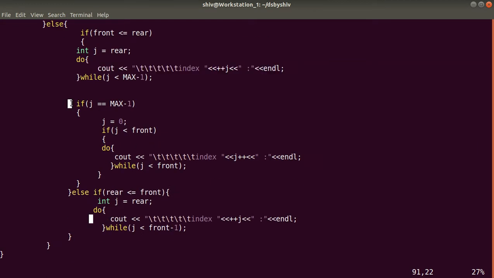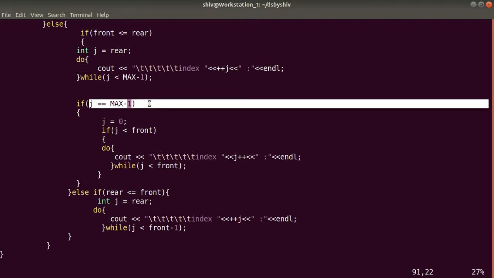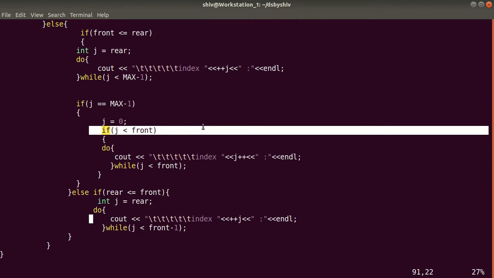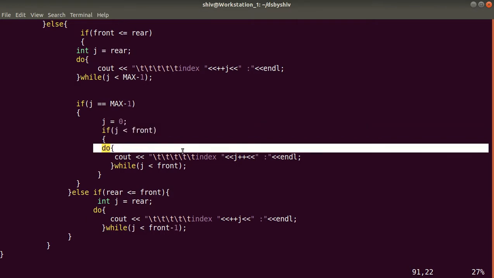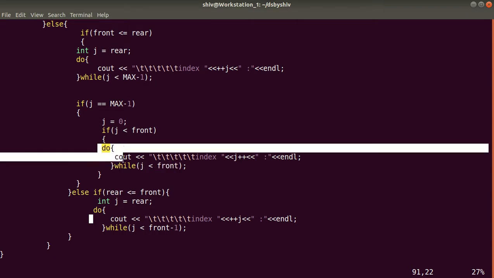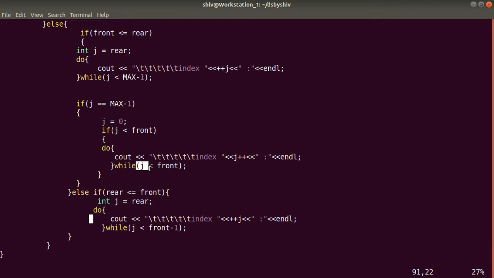Same here, if j is max minus 1, we will take j equal to 0, j less than front, again we will take a do while loop, it will print the free index number which doesn't have any element, and it will check the condition j less than front. So till this condition is true, it will print this line.